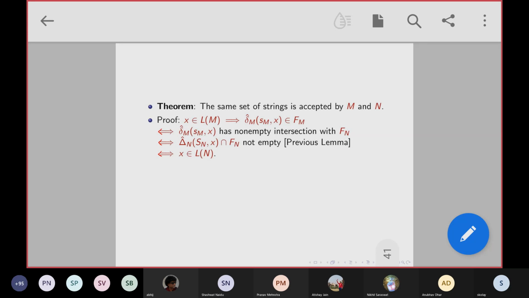Then that means delta hat N (S_N, X) intersection F_N is non-empty, and that means X belongs to L(N). So we started with a string in L(M), and we showed that